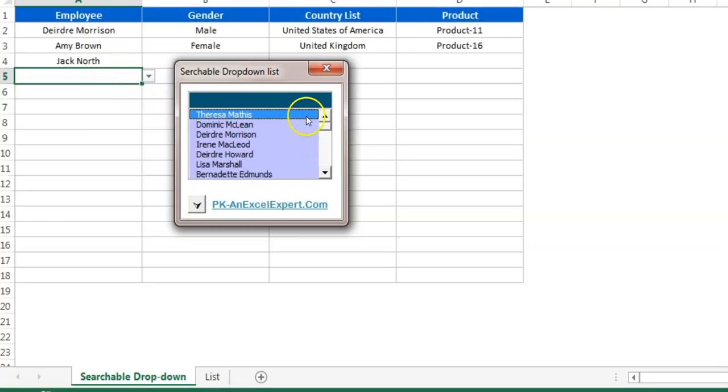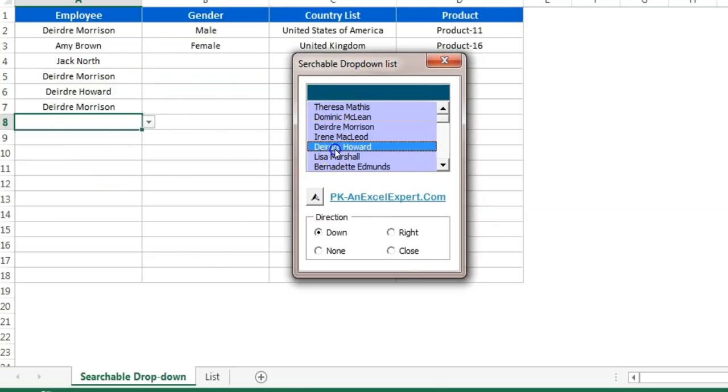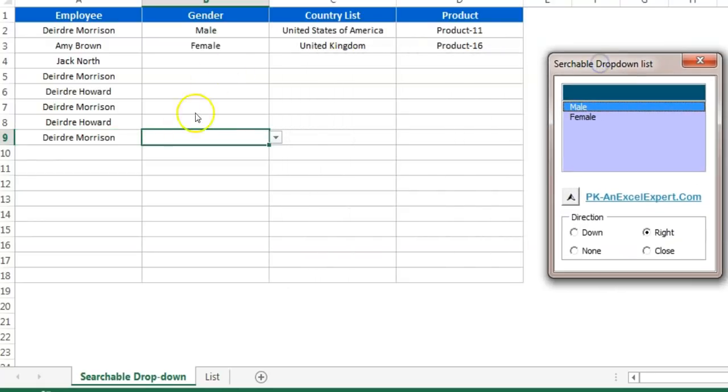Now you can type any name, search here. You can change the direction also. Just click on this button, show more, and here you can see the direction is down now. So whatever we are entering, it is going down. If you want to move right, you can select right and let's enter anything. Now you can see it has moved to the right side, and accordingly the drop down also has been changed. Now it is male, female.